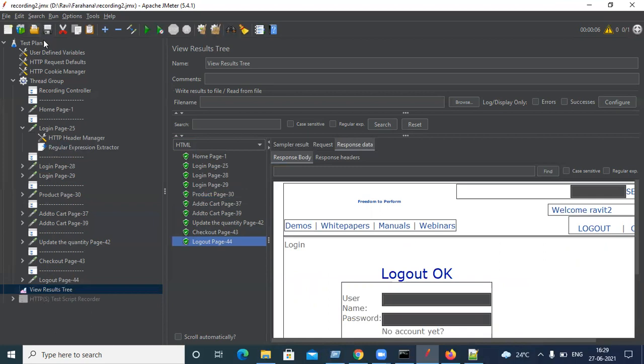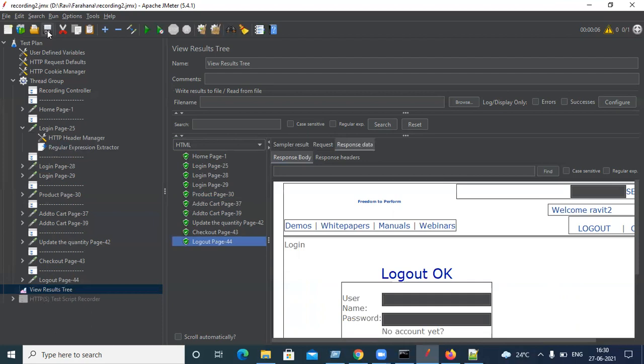Okay, and save it. This is like a sample application, that's why it's very quick. But in real time, we'll have a lot of scenarios. It's not that simple, so we have to implement a lot of user actions. Whatever the user is doing on the application, we should also do with JMeter to achieve that. But as of now, this is a simple, basic one. We recorded, did a correlation, replayed, and checked whether whatever was recorded works.